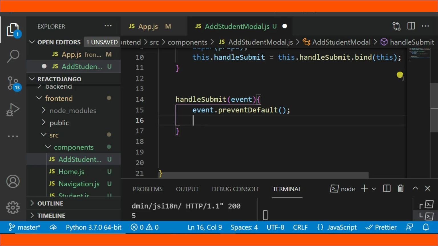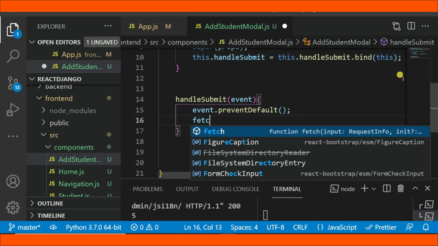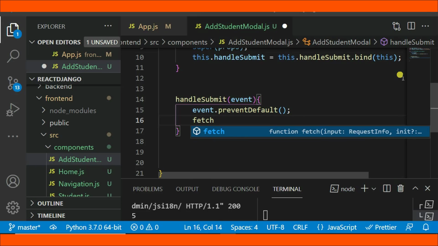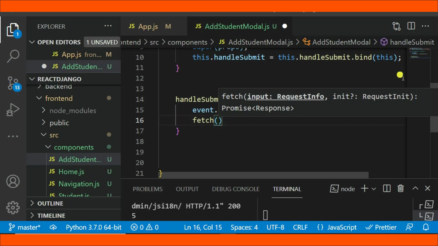So event.preventDefault, then fetch, okay, bracket here, then single quote,